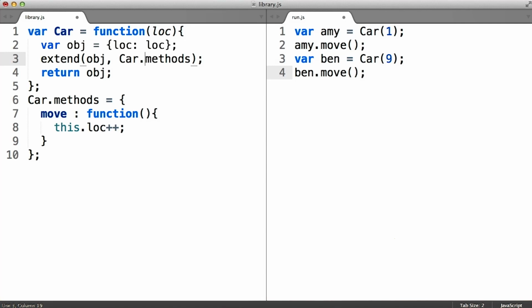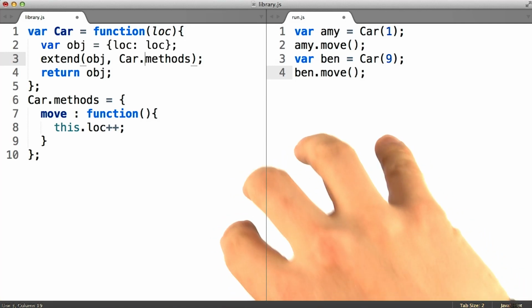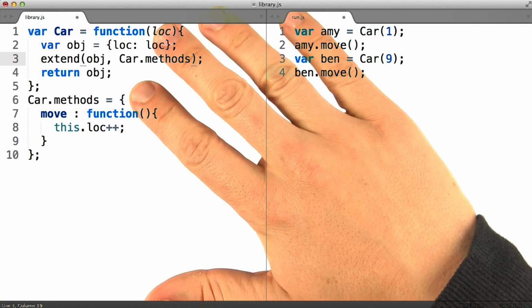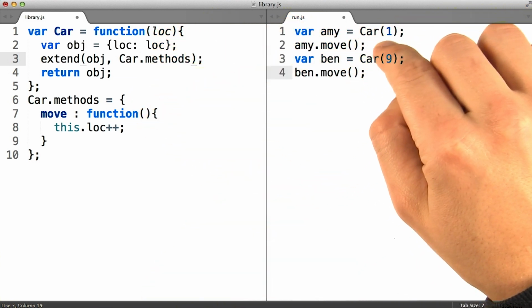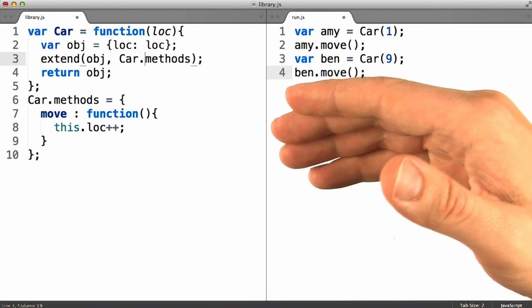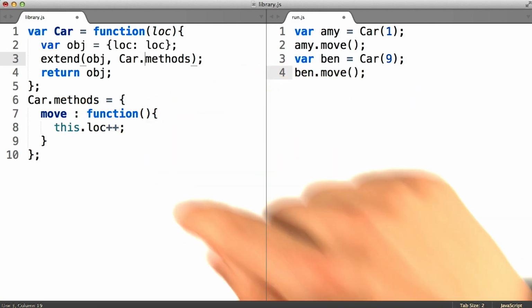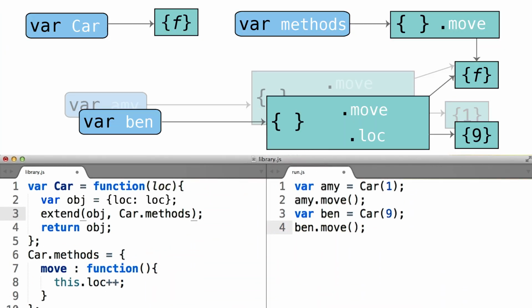A lot of people get tripped up at this point because they've forgotten that functions are just specialized objects. But in addition to the fact that functions have the power of being invoked, functions are also capable of storing properties just like any other object. Looking at the diagram again, you could imagine that the function object that is referred to by the variable car